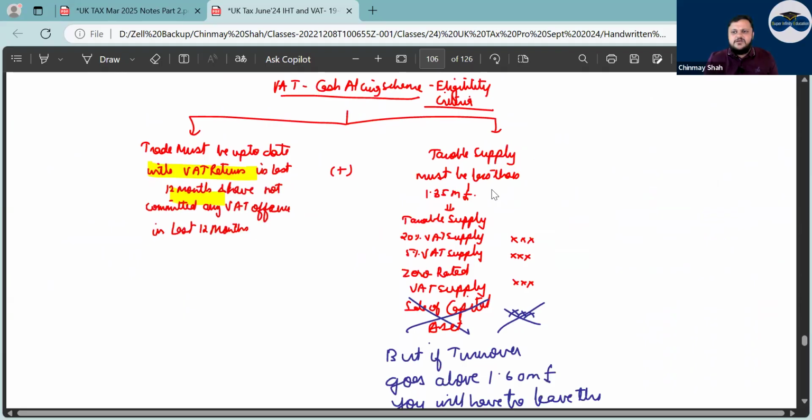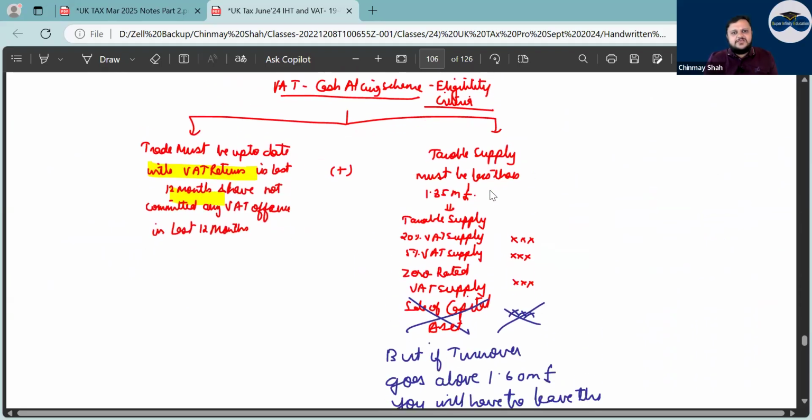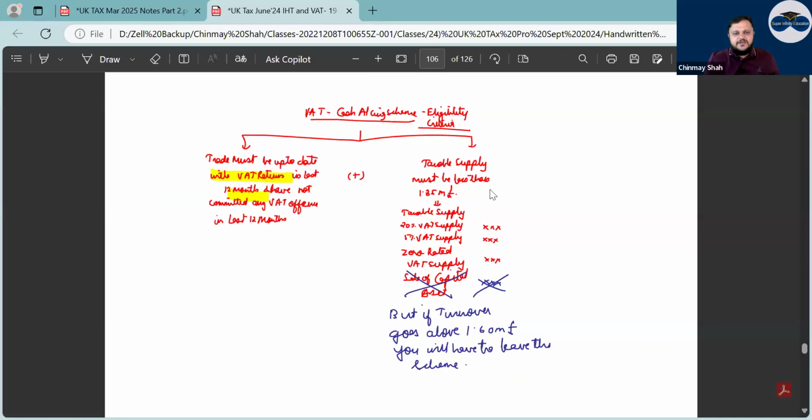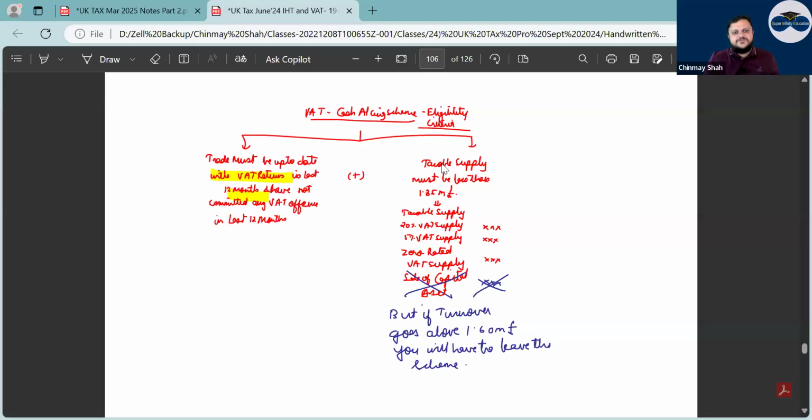You can do the points one from the ACCA study app. Then the VAT cash accounting scheme. Have a look at the eligibility criteria. What is the eligibility criteria for the VAT cash accounting scheme? The trader must be up to date with